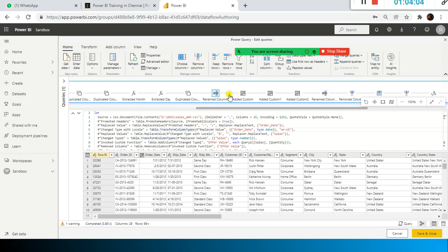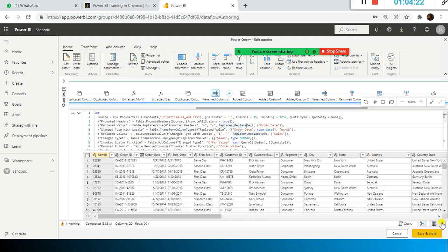So in between, if you want to add anything, you can add it. When you click the plus sign, you can add it. Look here, we have renamed the column, and first I selected this removed column. Look here, this is the one removed. It highlights this one. It is quite slow.